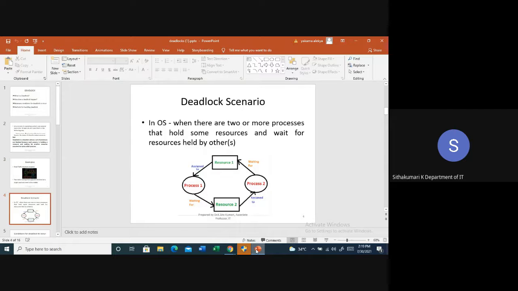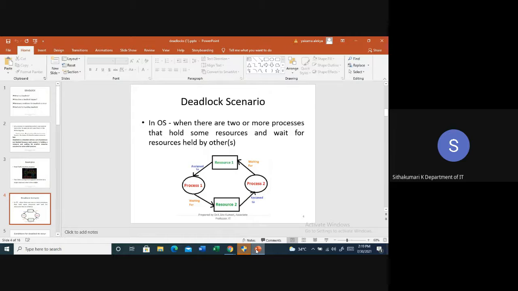Deadlocks can occur either because of the same type of resources or because of different types of resources. With the same type of resources also, deadlock will occur. With different types of resources also, deadlock will occur. So, for example,